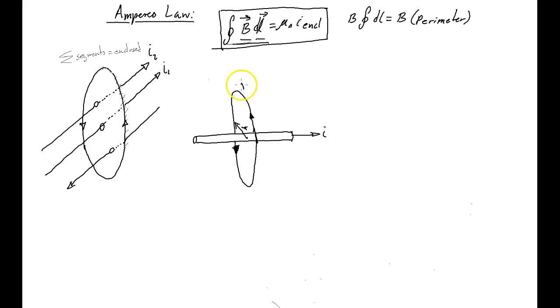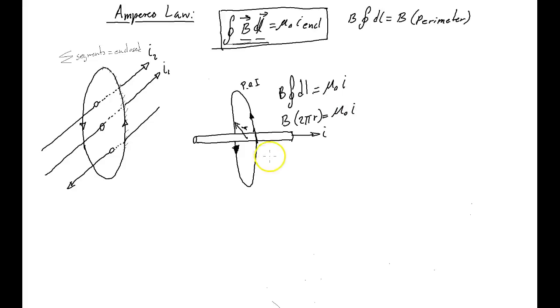So we have the integral of B dot dl equal to mu sub 0 I. So B times, what's the distance around this circle? 2 pi r, is equal to mu sub 0 I. Right? Divide through by 2 pi r, and you get